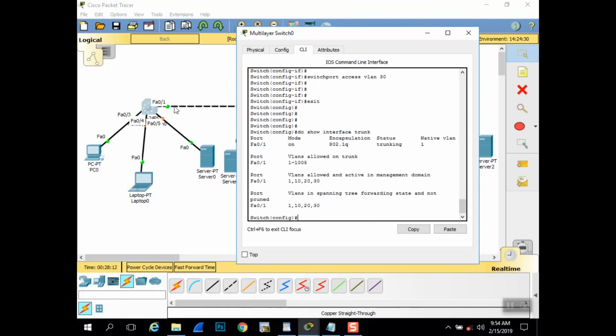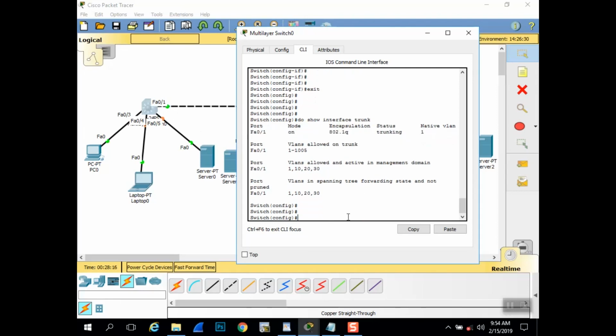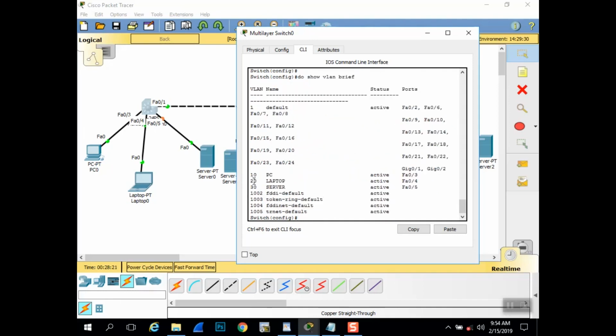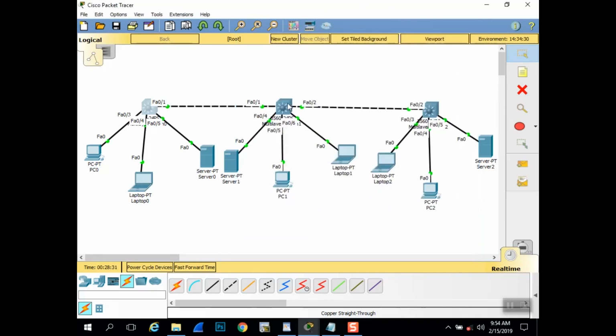Trunking is on Fa0/1 interface, and for the access you could do show VLAN brief. As you can see here, I have the VLAN numbers and names, and also the active ports that are assigned to the end devices. Now, let's try with the client,